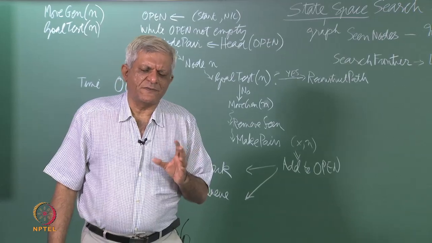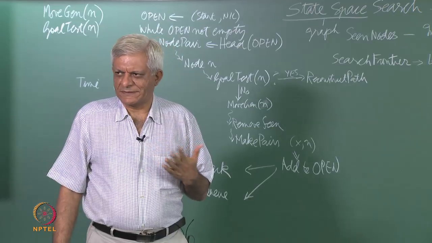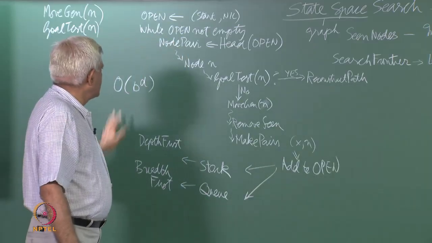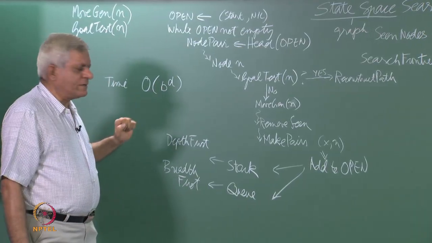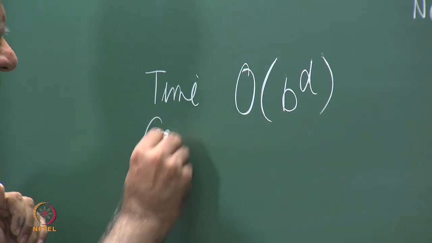We saw there was a little bit of a difference. The breadth first search had slightly more time complexity than depth first search, but it was only slightly more essentially. So, this is something that we will start addressing today a bit later. We saw time complexity, we saw completeness,